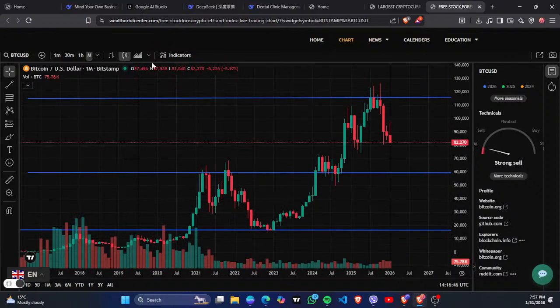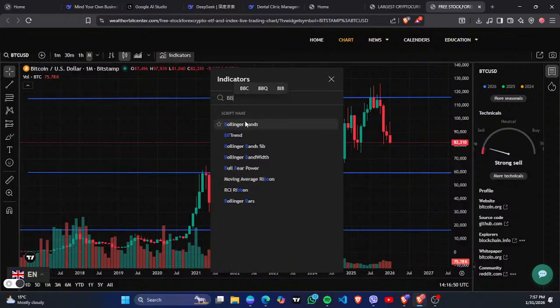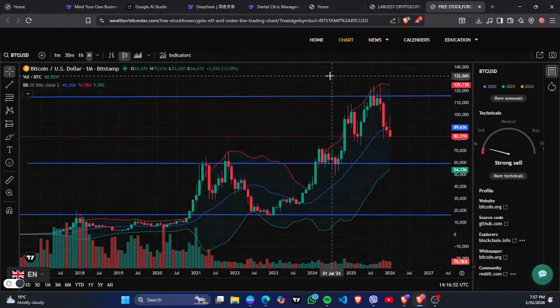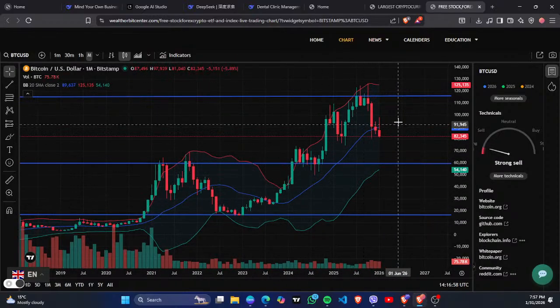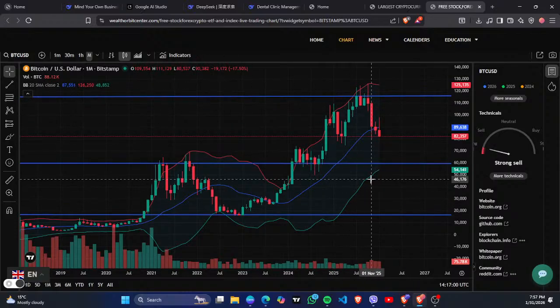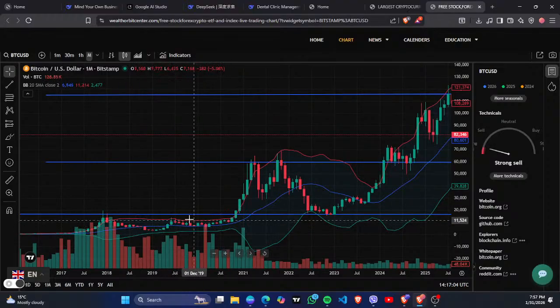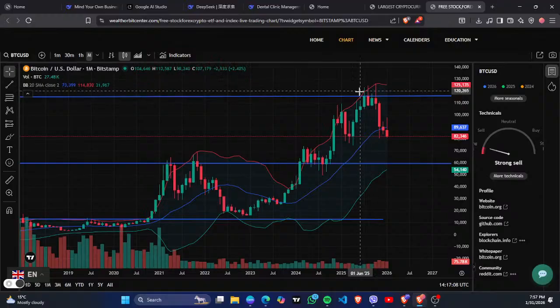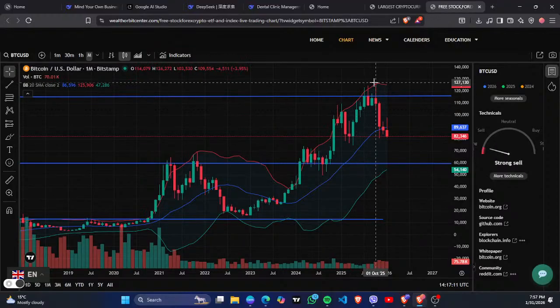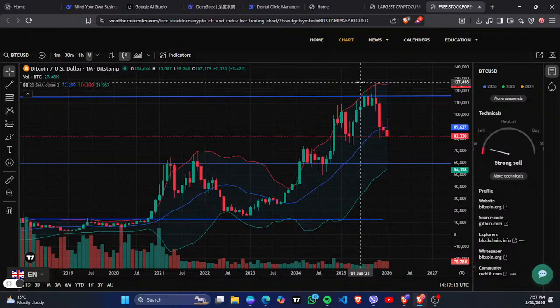Now I will teach you about the Bollinger Band indicator also. Bollinger Band means expansion and contraction. The wider the band, the more volatility there is on the stock. The narrower the band, the less risk there will be. If the upper band touches the price on the candle, then it is considered the overbought zone.